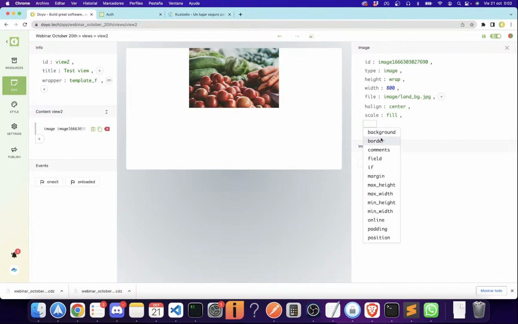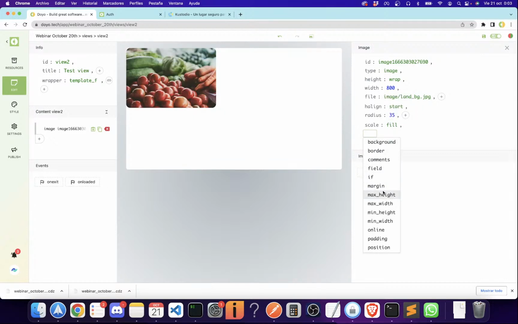Okay, so not now. I will talk about containers later. Well, then you can add borders, you can add radius, like 15, in case you want to add some radius corners. You can add a background. And I mean, there are some options. We will talk not about all of them, but we will talk about some of them. For example,